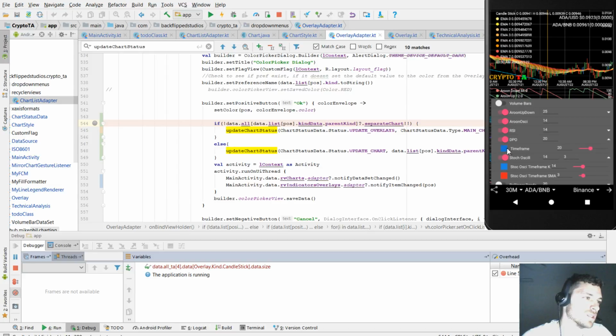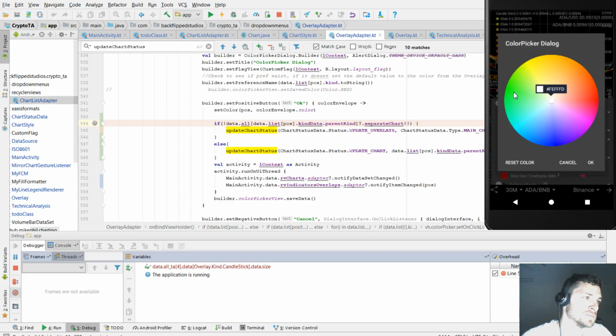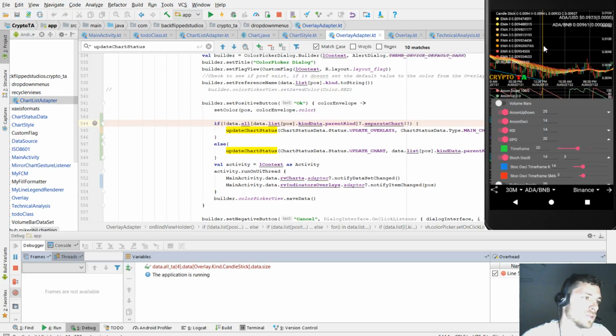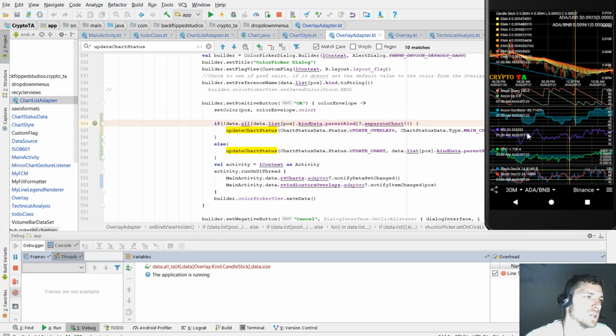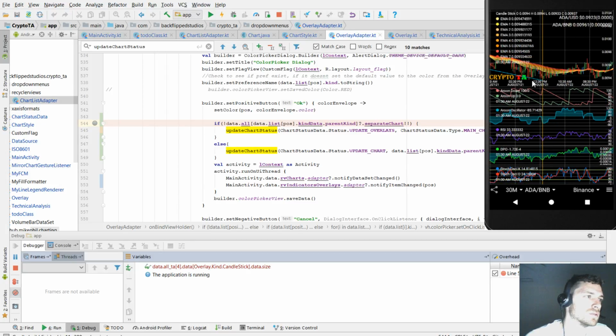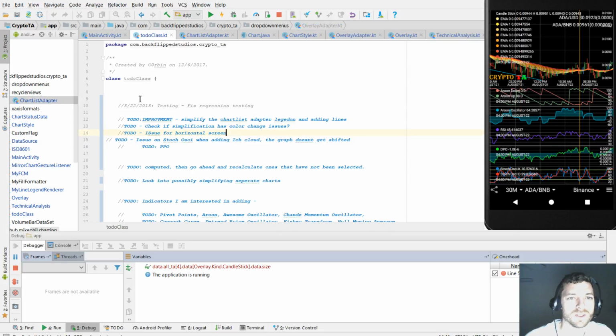DPO has a color, let's see if that works. Yeah, it works. That's kind of cool. It doesn't have the filled. We don't have the filled color change, but that's okay. Yeah, that's actually really cool. Really cool. Alright, so we can say the colors are done